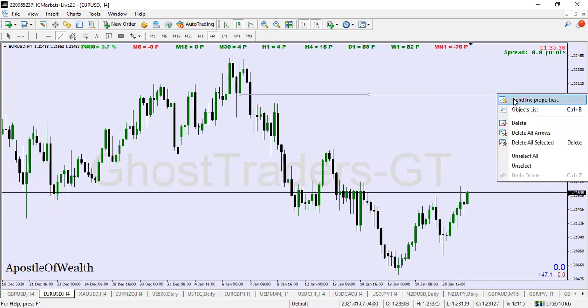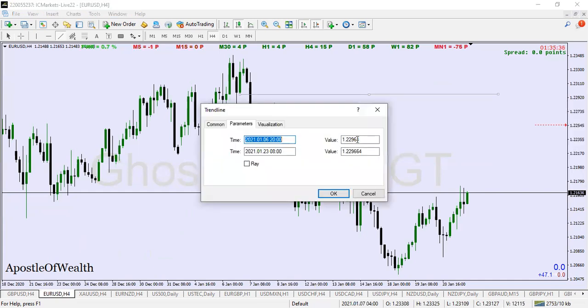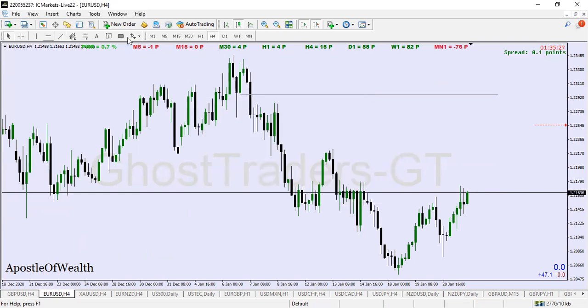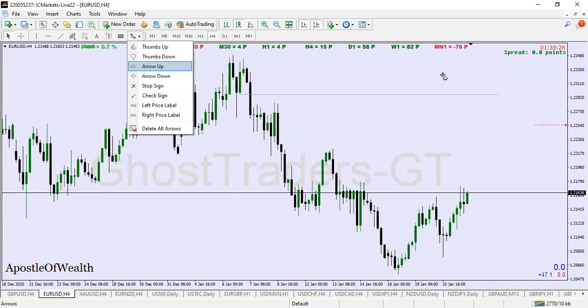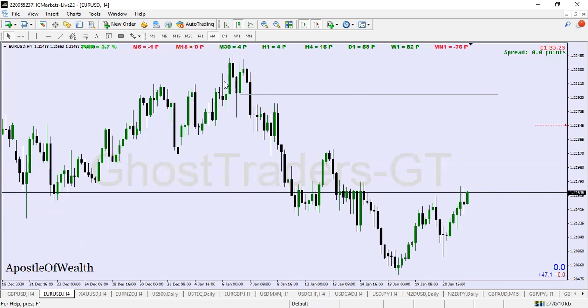This is what we have here. These are significant levels here. We're going to use this as a point of reference for our sell setup. Okay, so let me just put up everything here,